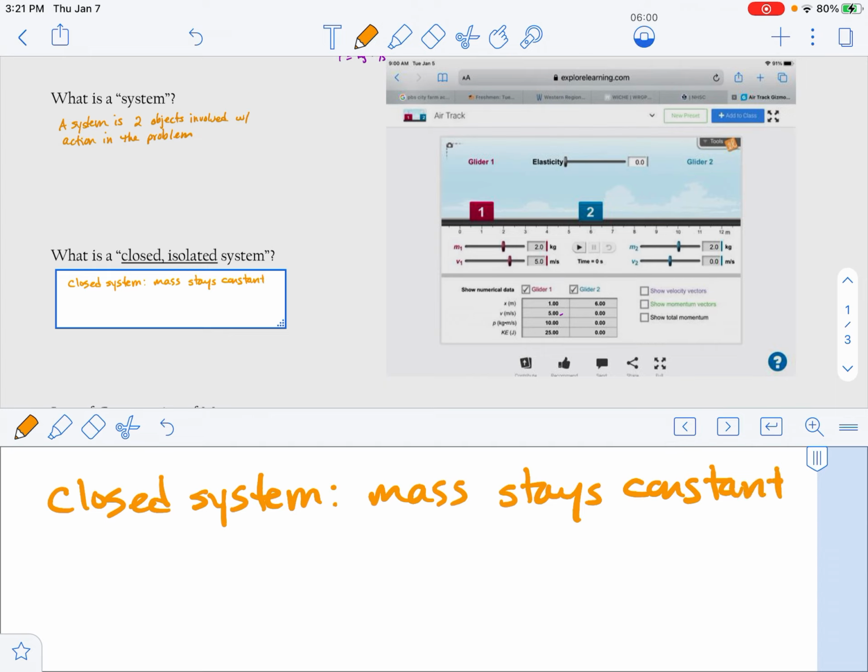What does that mean? That means that in the middle of the problem, the glider is not going to go from 2 kilograms to 3 kilograms or 2 kilograms down to 1 kilogram. Okay, the mass is going to remain constant. And then isolated,